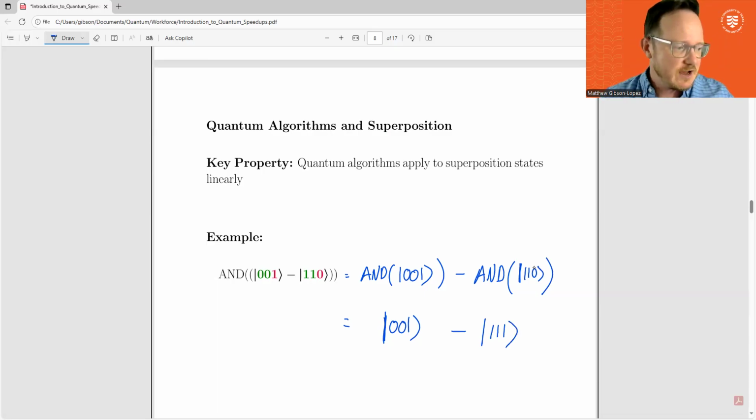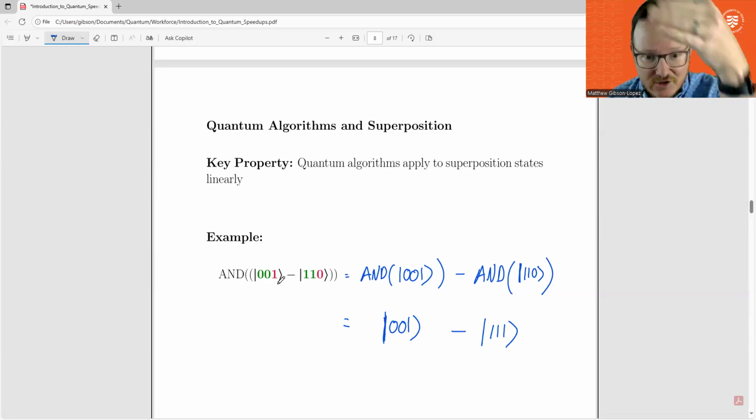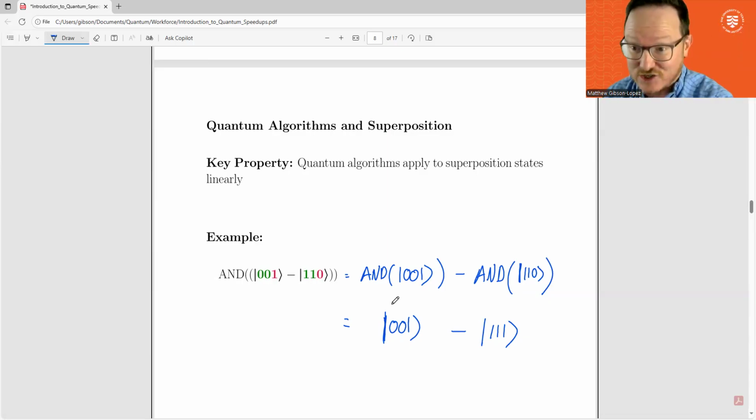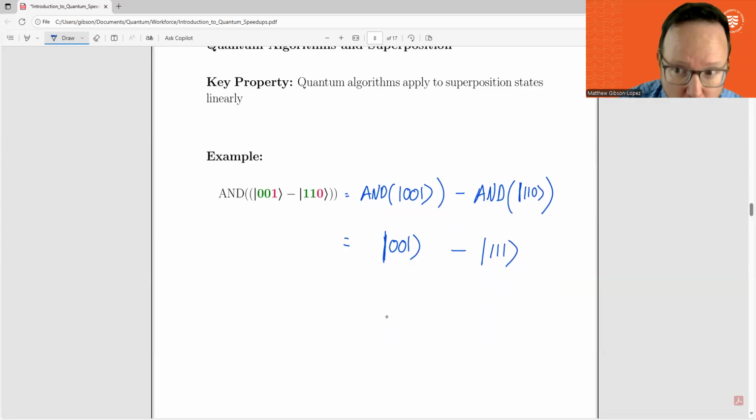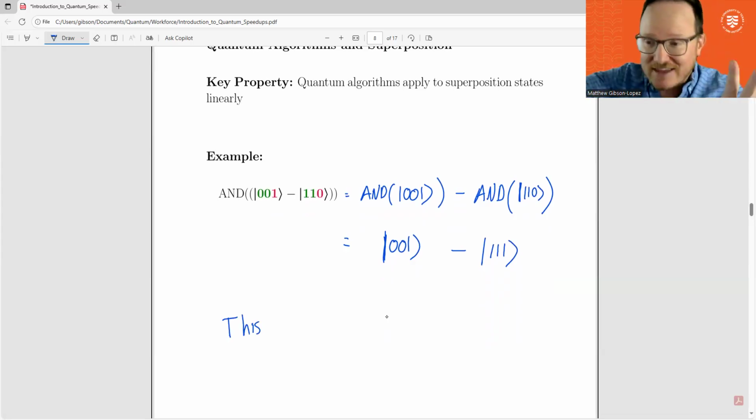So this is the way that you could think about what it is. It's like you just linearly apply the function to each of the individual components of your superposition state to figure out what the final state would be. So if I run AND on this superposition state, I get that superposition state. But the important thing to remember here, this is only one evaluation of AND. So even though I distributed the AND through to help us communicate the way it works,